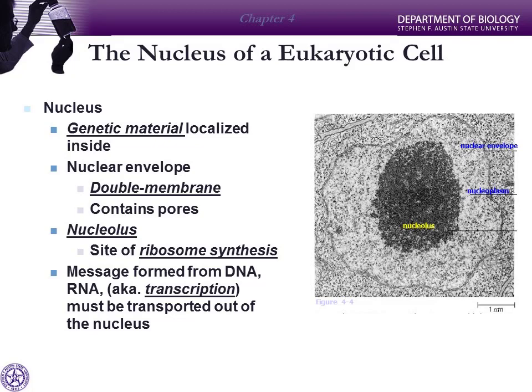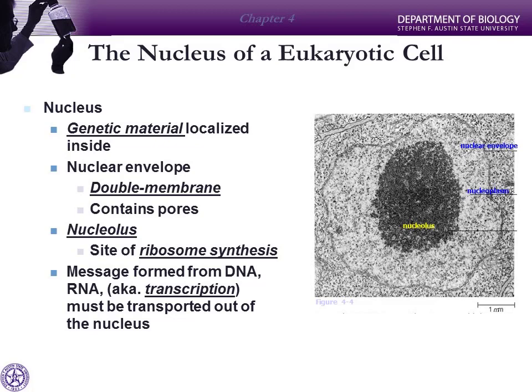In fact, material going in and out of a cell is much like you calling an Uber driver. There are proteins called, this is a freebie, you don't have to write this down, importin and exportin that must bind with a protein that's trying to get into the nucleus so that it can get past the transport proteins that guard the pores. The same way, if something's trying to get out, it has to bind to exportin, and exportin is like the key that allows it to get out. So just understand, these aren't just structural pores. They're highly regulating what goes in and out of the nucleus.